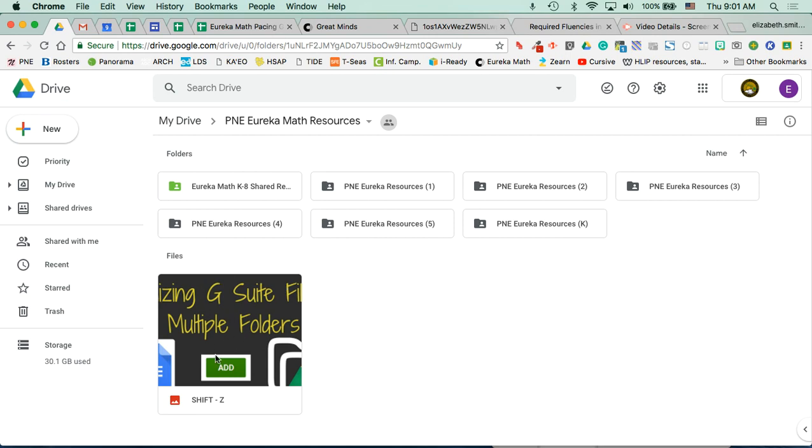You don't want the same file in your Google Drive multiple times. You don't want copies of the same thing. There is a beautiful way that Google Drive lets you put the same file in multiple folders. This is so much better than making a copy, especially if it's something that's editable, like a Google Doc or